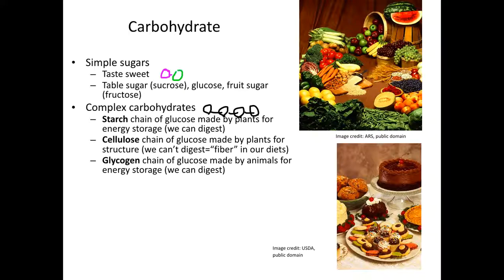Glycogen is yet another form of glucose polymer, many glucoses hooked together. This is hooked together in yet a third way, different from starch, different from cellulose. We are able to put this together, and we're able to break it back down when we need it. Your liver is an organ that actually has a fair amount of glycogen in it normally when we're healthy, because this will get stored during times when we have plenty to eat, and then when we need it, it'll get broken down quickly and released into our bloodstream so that our blood sugar doesn't crash.